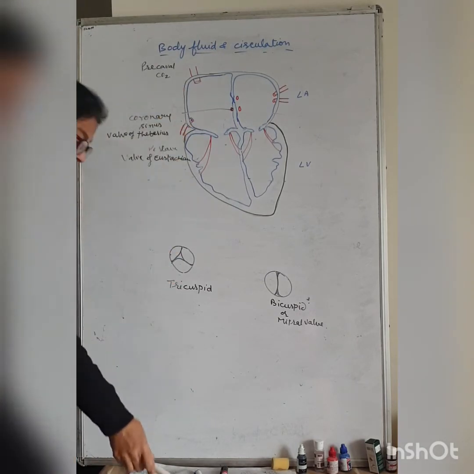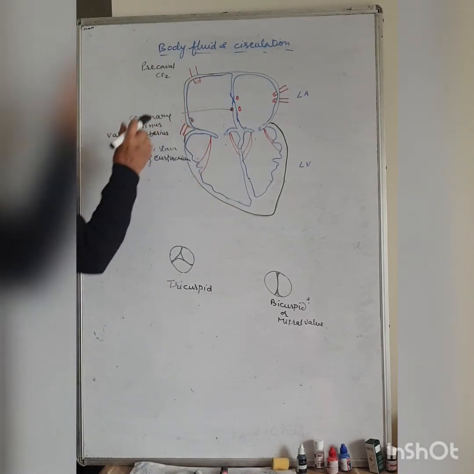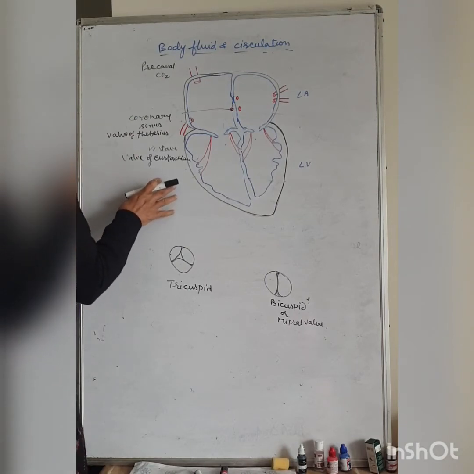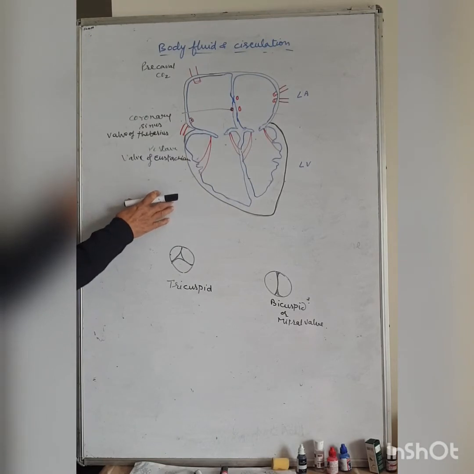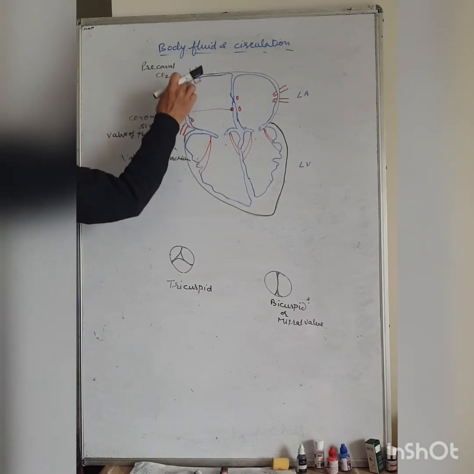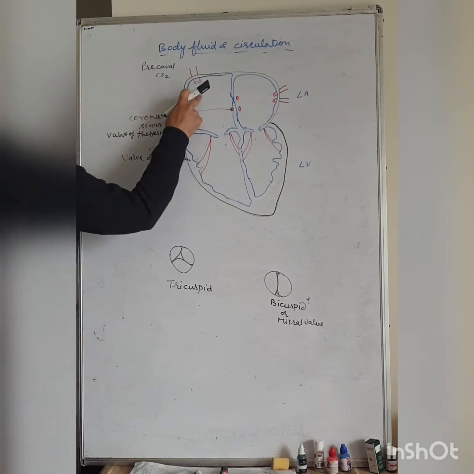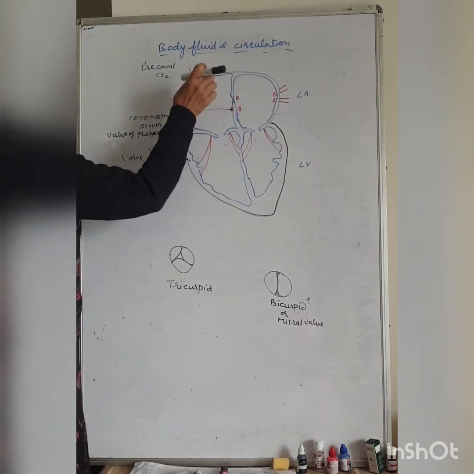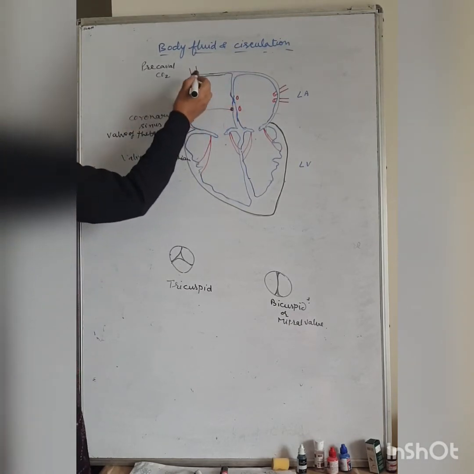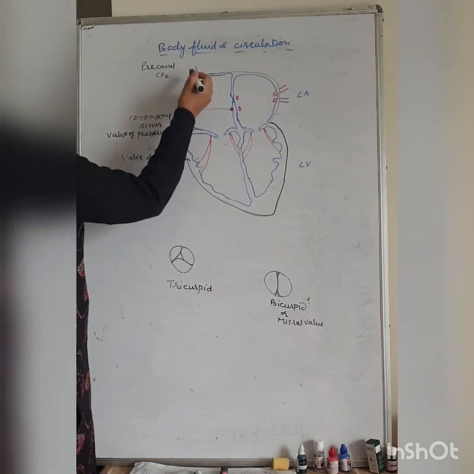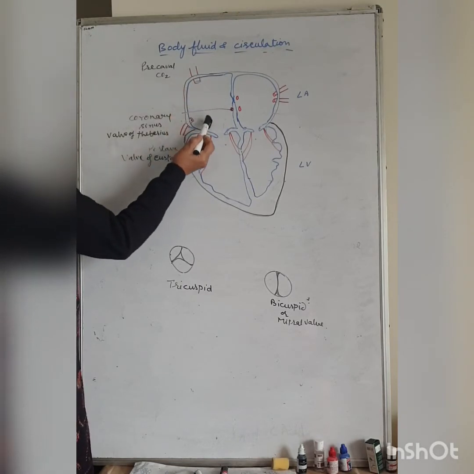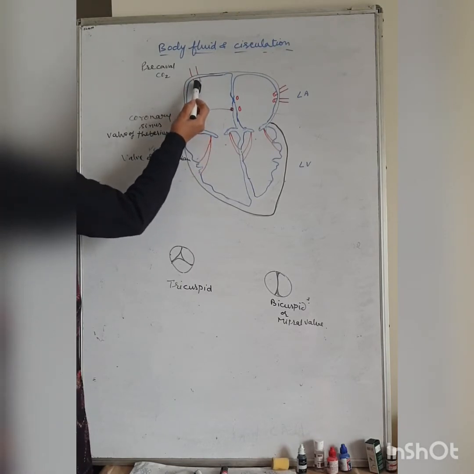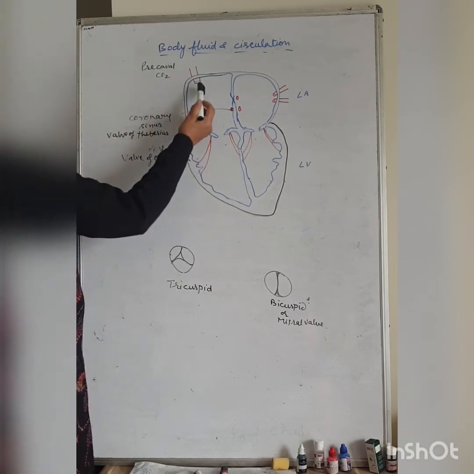The superior vena cava is not guarded by a valve. As we know, a valve prevents the backflow of blood. Why does the precaval not have a valve? When the atrium contracts, this opening closes by its own. The wall of the atrium closes the opening of the precaval automatically by its own muscles.